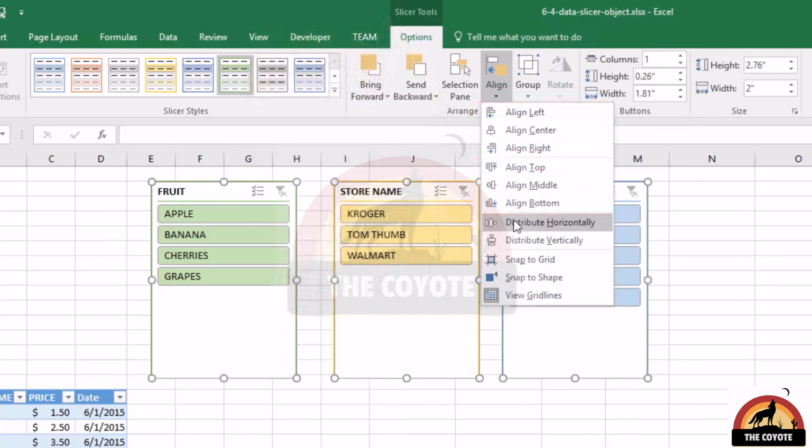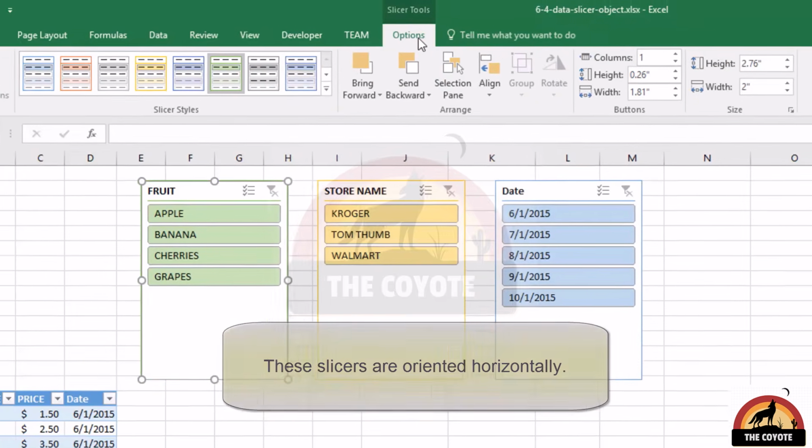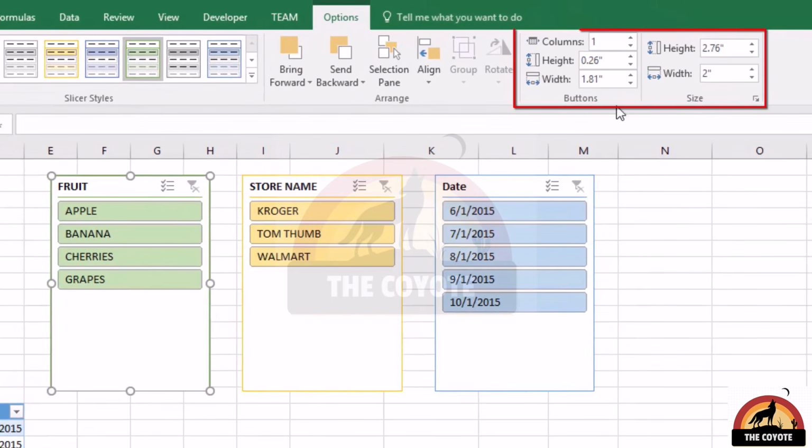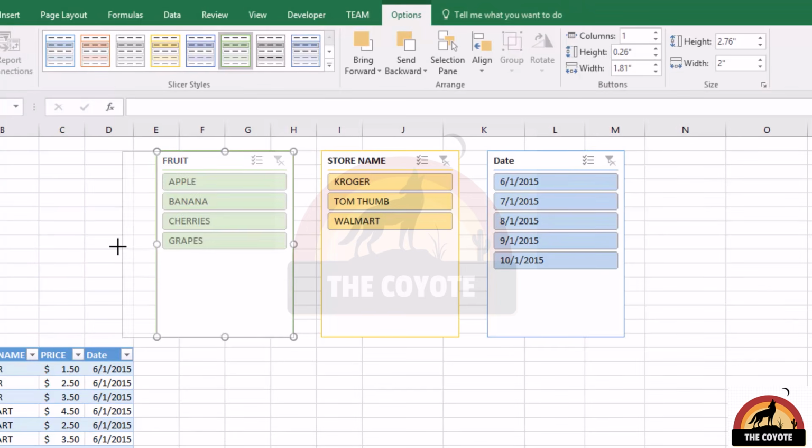And you can also distribute them horizontally so that they're more equally spaced and just generally make them look nice. The last 2 groupings to the right in the slicer tools are the buttons and size groupings. These allow us to modify the size of the buttons and the windows themselves. Of course, the windows can be resized by selecting them and dragging them, but the buttons can't be resized that